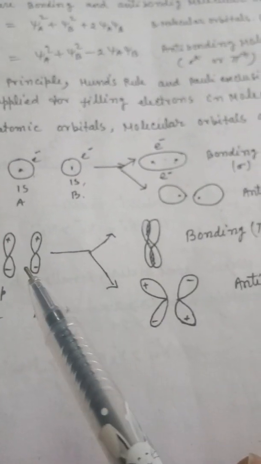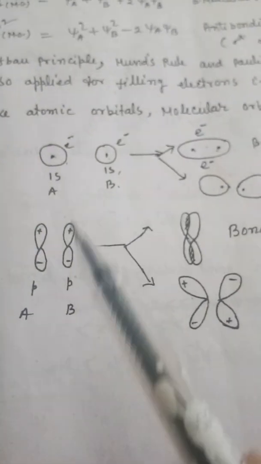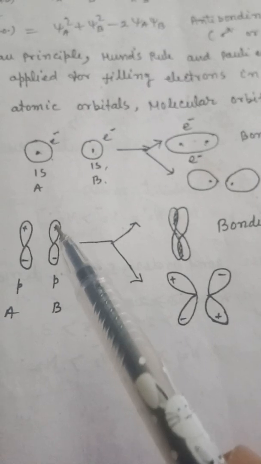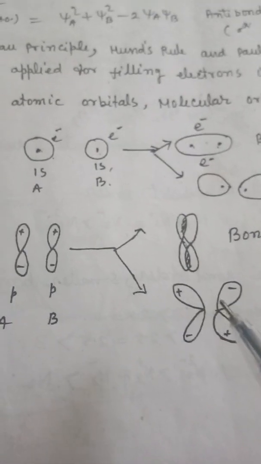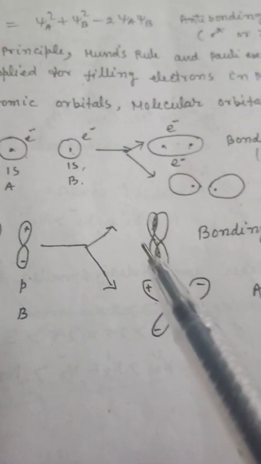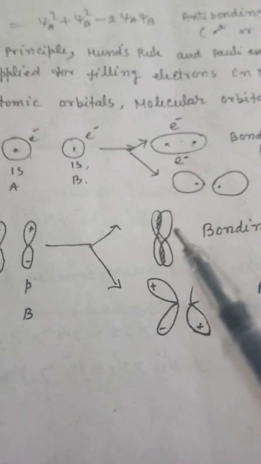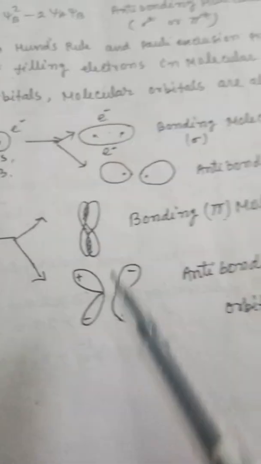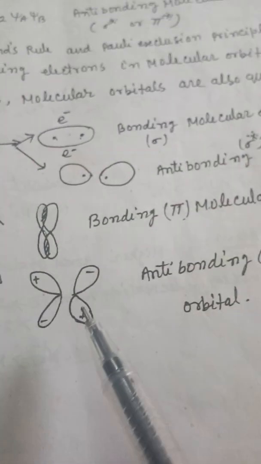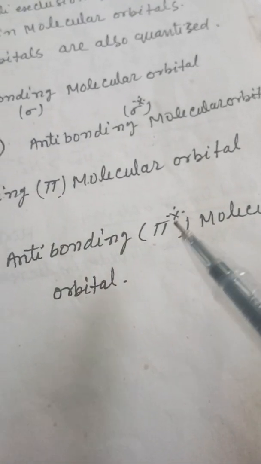but not necessarily that linear combination will be of this type. Linear combination may be of this type also. Suppose the p orbital, direction of this p orbital, here minus and here plus, just like here, this is the negative and this is the positive. So repulsion will take place, and such type of the overlapping will not take place. Means such type of the linear condition, positive linear combination may not take place, and therefore this type of the combination forms anti-bonding molecular orbital, and this is called as the pi star.